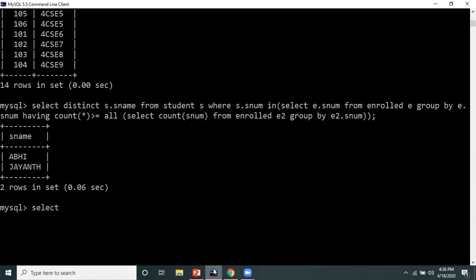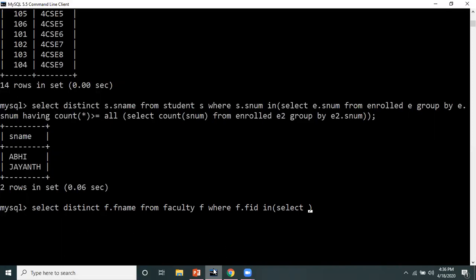So select faculty name. So distinct I'm using, and I want faculty table, and I will give alias as F, and here I will use F dot faculty name. I have written F name as attribute name from faculty table. So faculty F, where F dot FID in, because multiple rows I have to compare. So select.